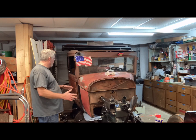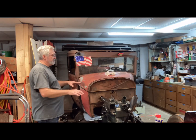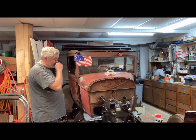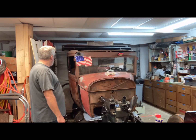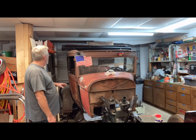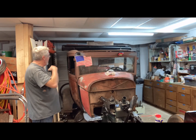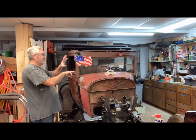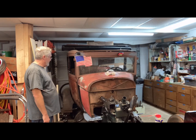So I think the bigger problem is all the stuff. I'm so jam-packed in this garage that I have to shuffle things around to be able to move stuff. And you saw I had to unbury the car again because I hadn't worked on it in 6, 8 months, so I got it covered up in parts and other stuff. But I need to move the front fenders out, rear fenders off. There's an extra steering column under there, and I just have to shuffle them around somewhere, and then I can lift the body up. One of the things with these Model A's is you've got that spring hump, so when you lift the body up, it teeters on that rear hump. I can just take some 4x4 and lift it up and set it back,